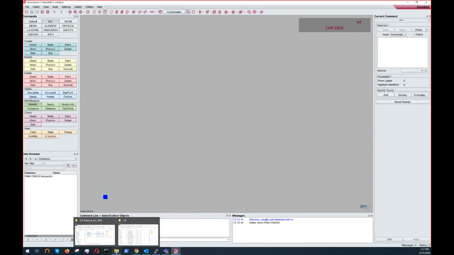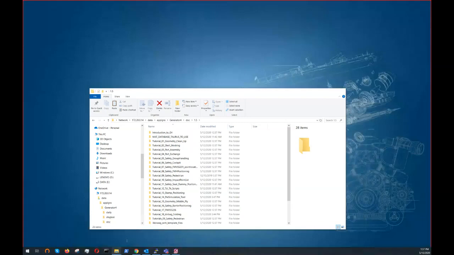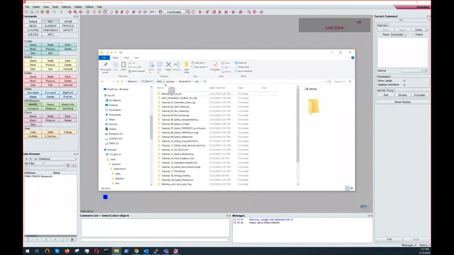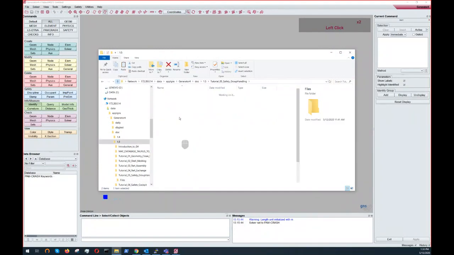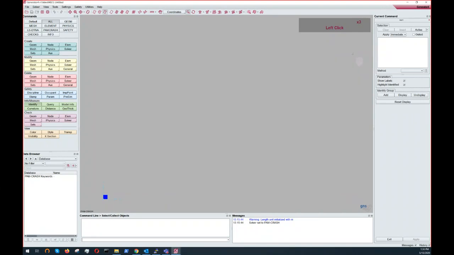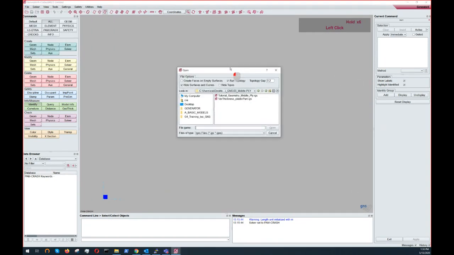in Generator at first. For us internally, they are located under Apple GNS, Generator4, document or doc. For example, for the current version 1.5, you have a lot of tutorials here, and for each tutorial, you have some files which you can use to follow the tutorial. With that, you can learn a lot about how to use Generator. That said, I will load a little model in Generator to show you the different working